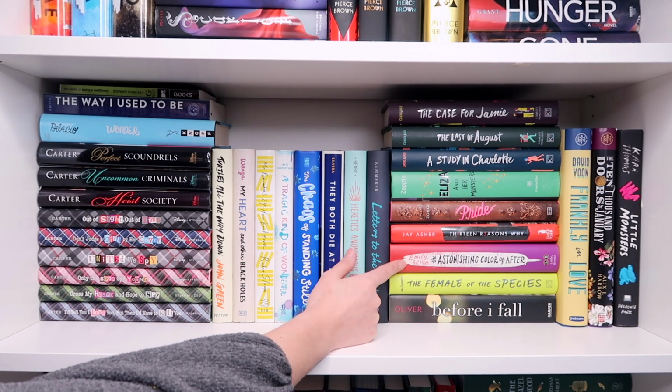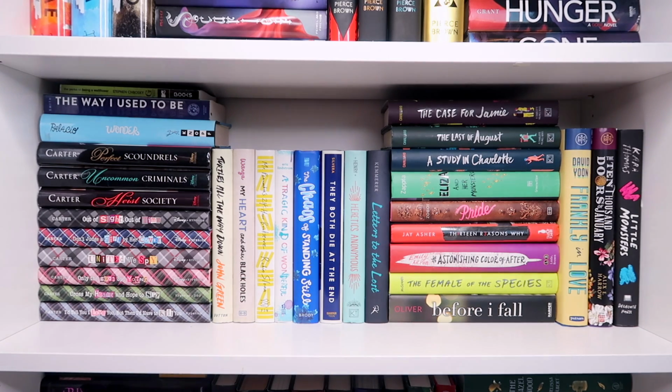Pan. This is a beautiful magical realism style story, but it did make me realize that I don't know if I like magical realism because it kind of confuses me in a sense. At least the way that it was done in The Astonishing Color of After, I was pretty confused. I don't know, I have to give it another go, but for right now, I'm not sure if I love